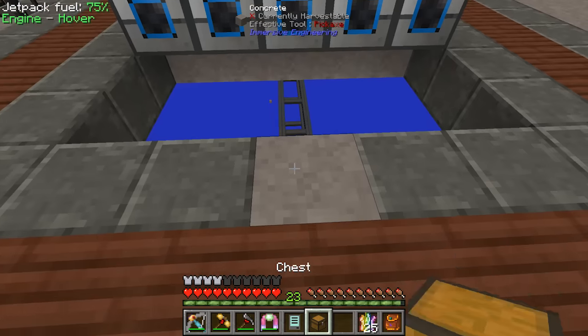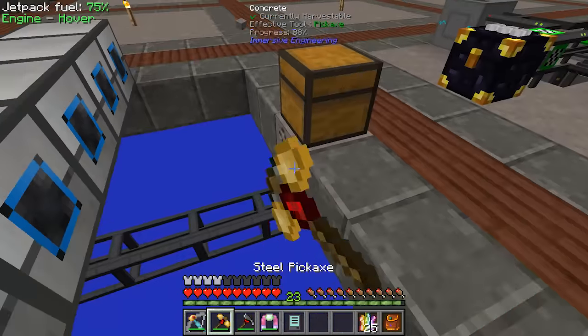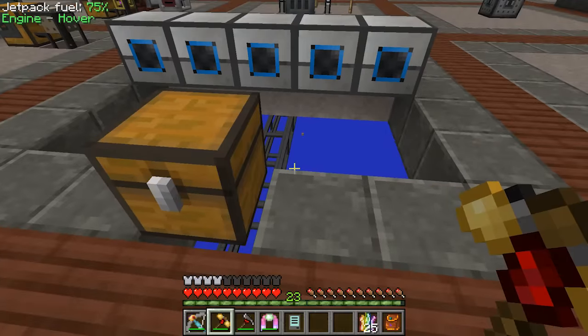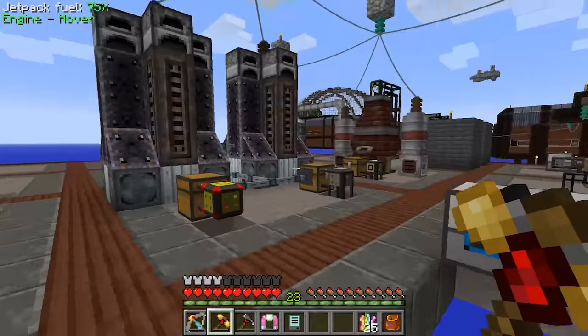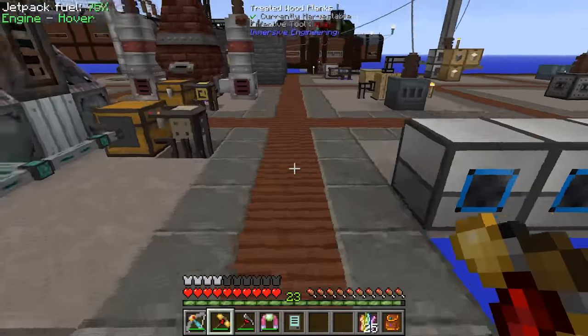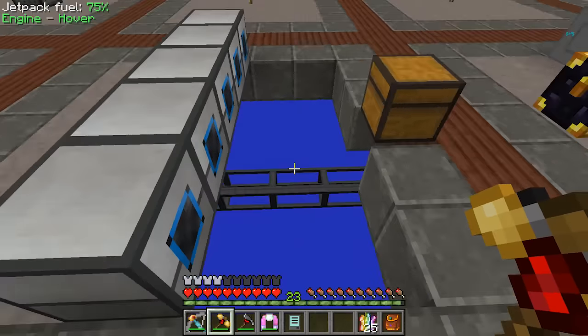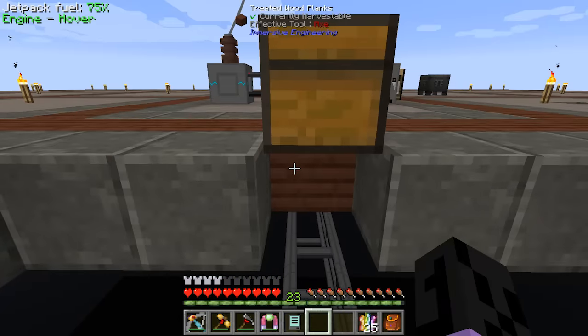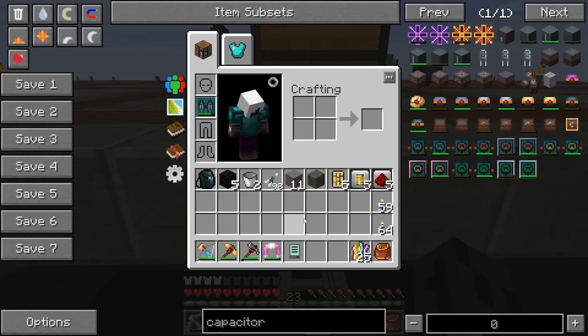Put that down briefly. Put chest here. I'd like to exchange all these chests I'm using for input and output with item buffers at some point, just because they look cooler and can be painted. So it's not like we've got wooden chests everywhere. And then we will